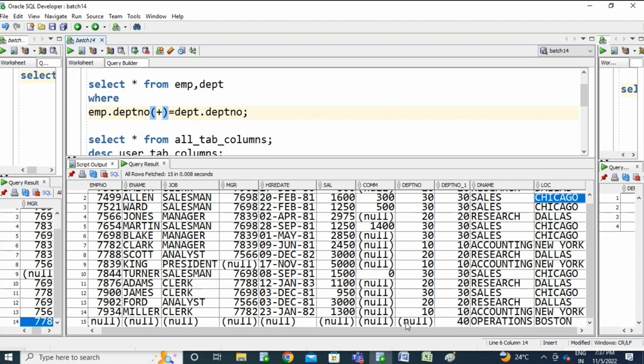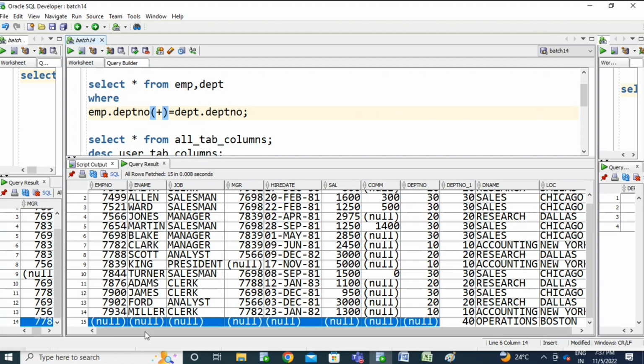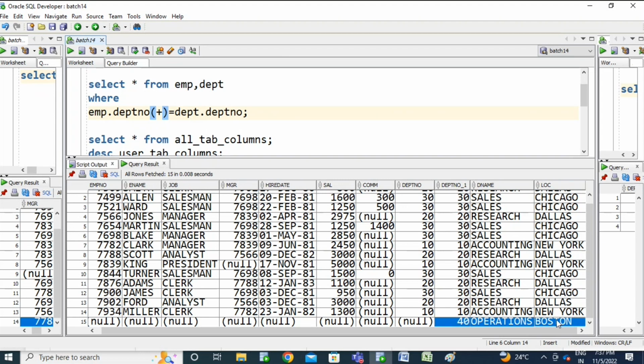In this case, the employee information is not present in table A, meaning the employee table does not have the 40th department value. For that reason, I am displaying blank values, null values, and the 40th information from the department table. You got it about the join.